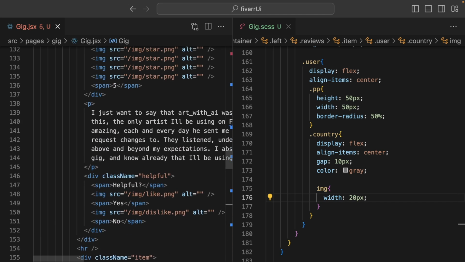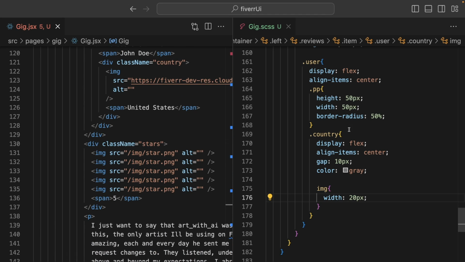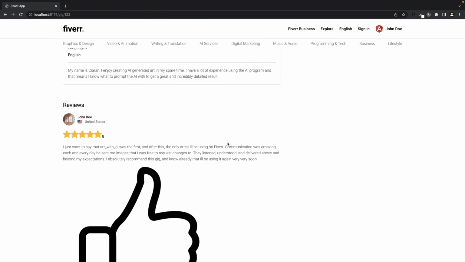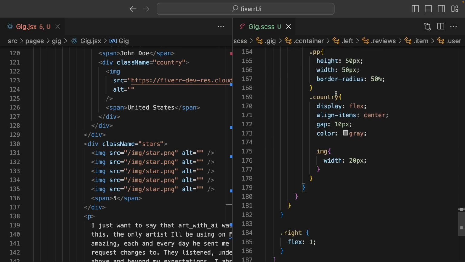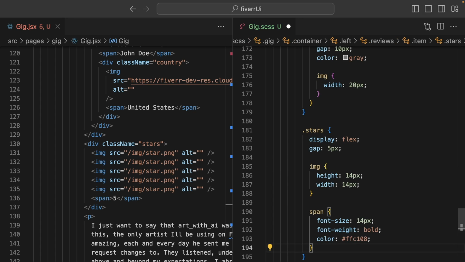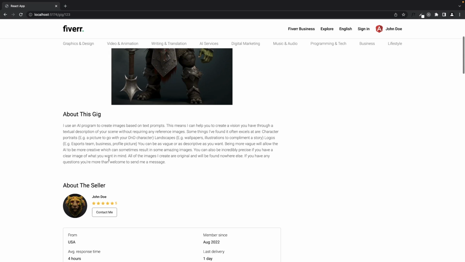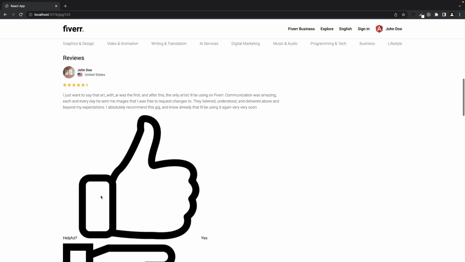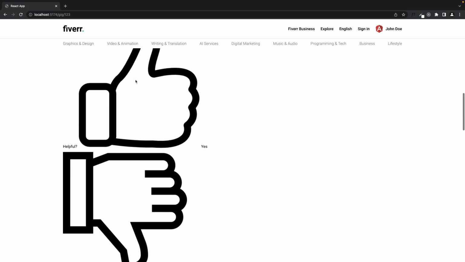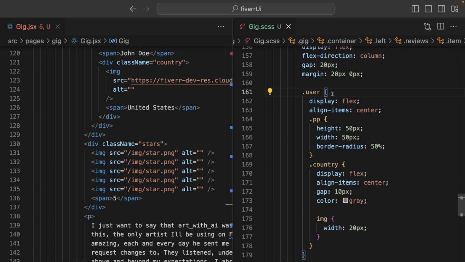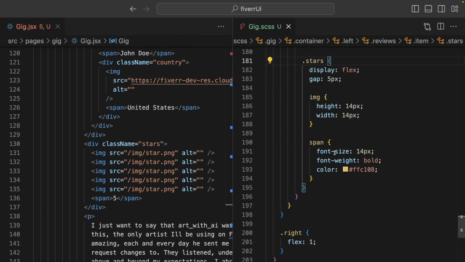After this country, actually after this user, I think, yes, after this user we have stars. Right here. I will again copy and paste. It's exactly the same thing as we did here. And this helpful section. Inside this item, after this user, and star,